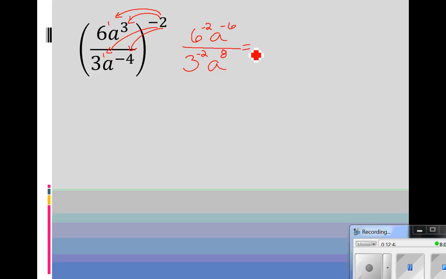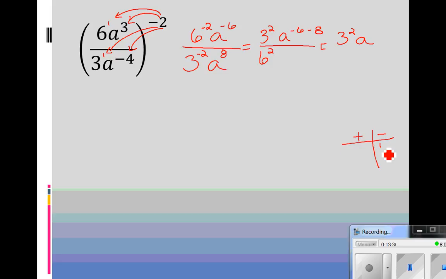So I have 6 over 3, and those are both to the negative 2nd power, but they're not the same bases. But I do have to flip them over because of the negative 2 exponent. The bad attitude has to go downstairs. So I'm going to go ahead and do that. 6 to the positive 2 on the bottom, 3 to the positive 2 on the top. Those negative attitudes have to go. And now I have a, and I'm going to use the subtraction rule, to the negative 6 minus 8. And that would equal, we're leaving everything in exponential form, so 3 to the 2nd, a, if you made a t-chart,